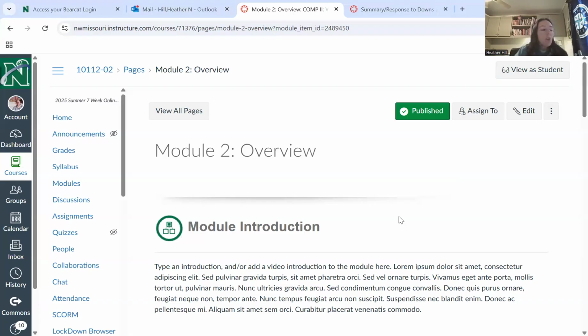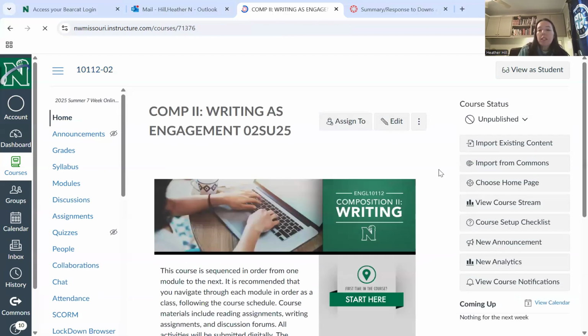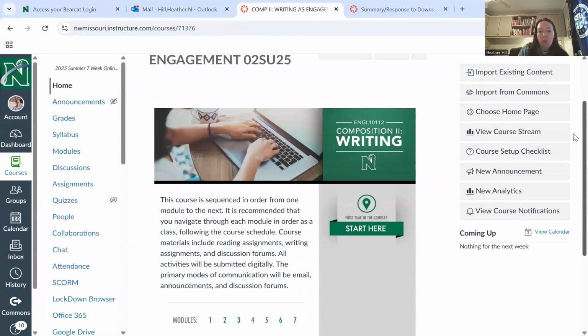So there are a lot of ways to work ahead if you want to just get this thing done, but there are times when you may have to wait for feedback, or wait for other people to catch up so that you can comment on theirs. Anyway, other than that, it's pretty self-explanatory once you get into the course.